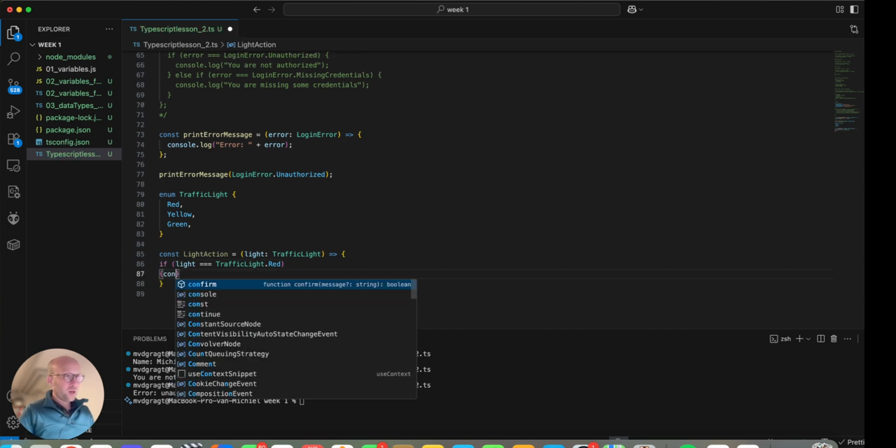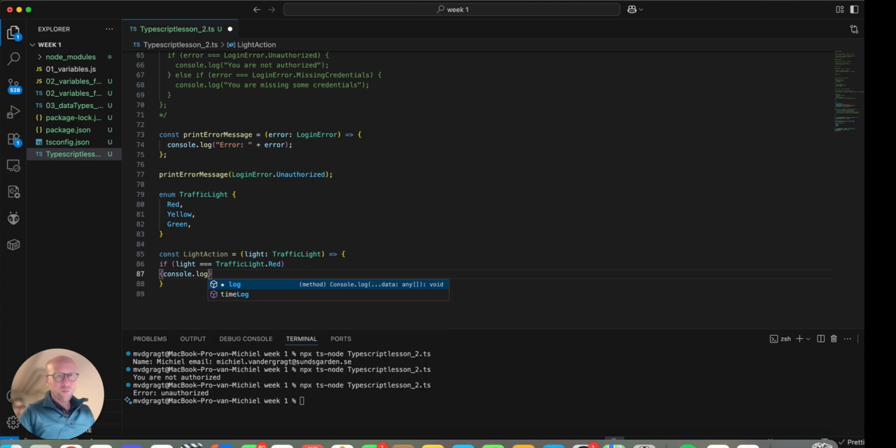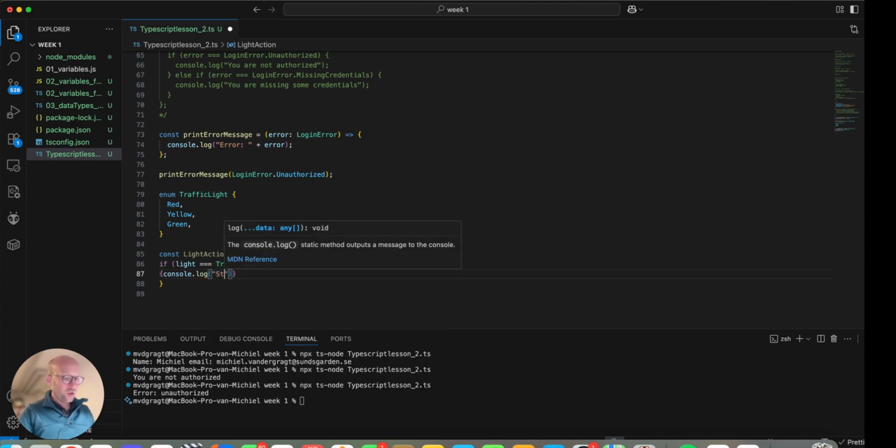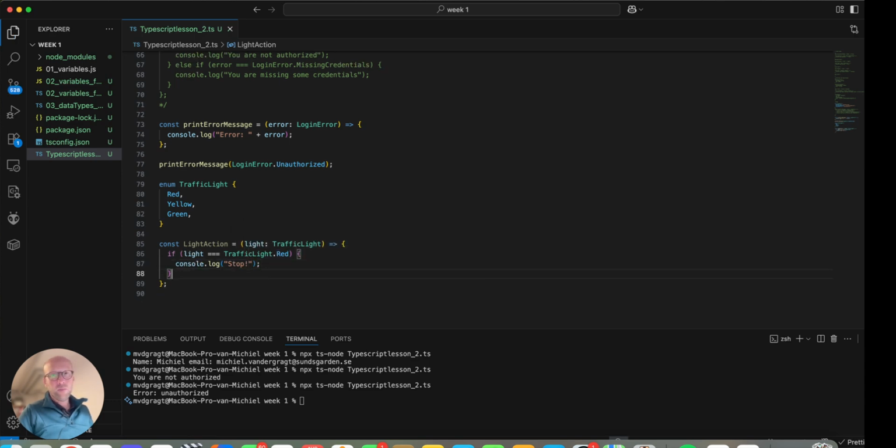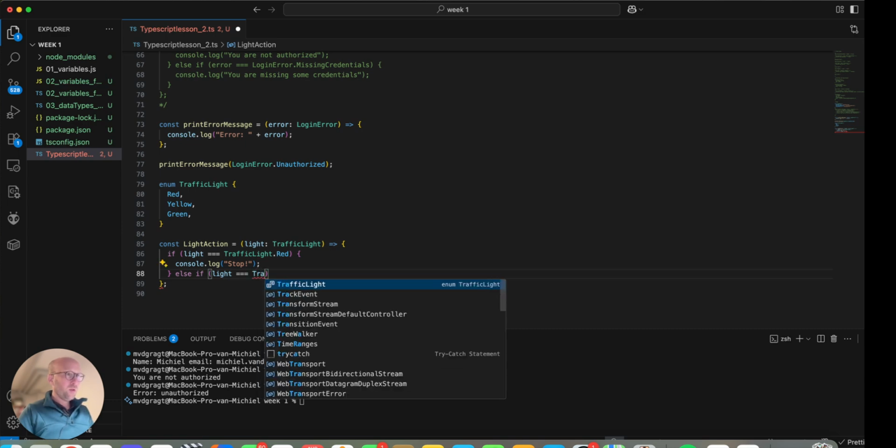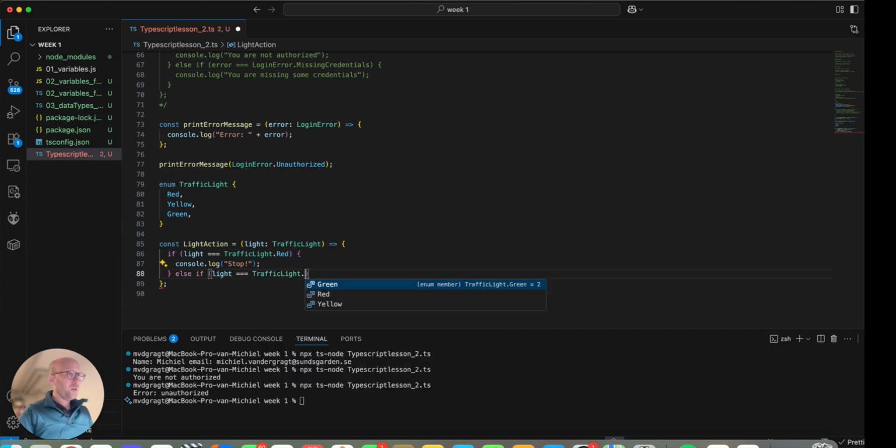Then we can console log stop. Else if, and we do the same, if the light equals traffic light dot yellow,